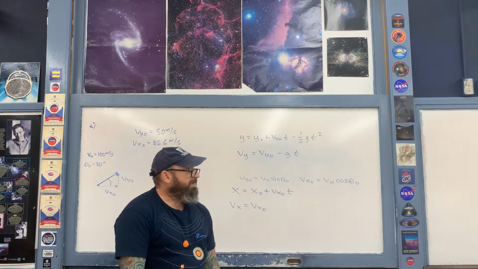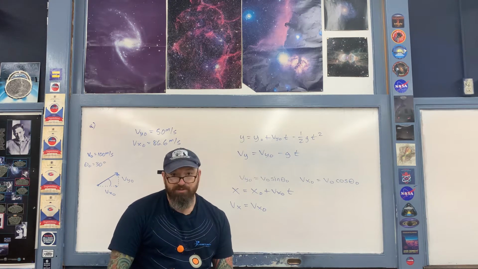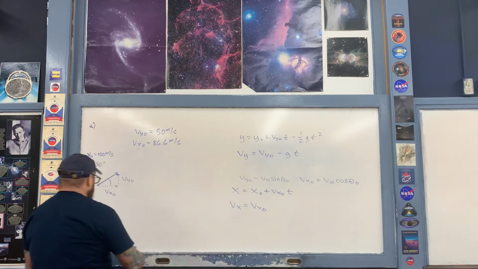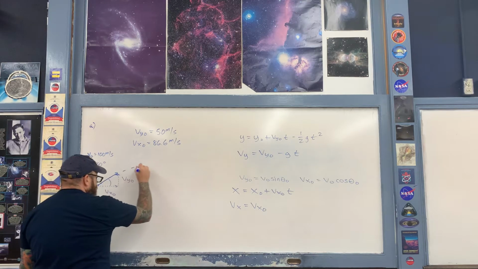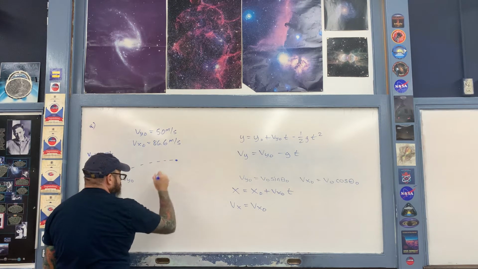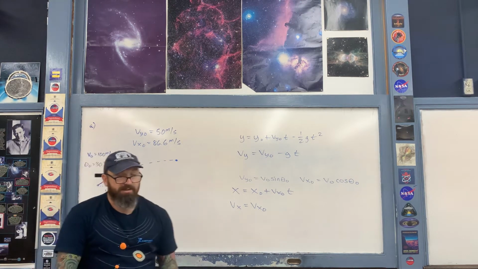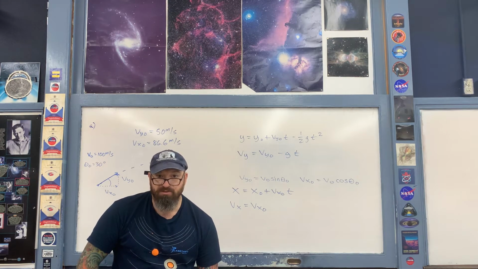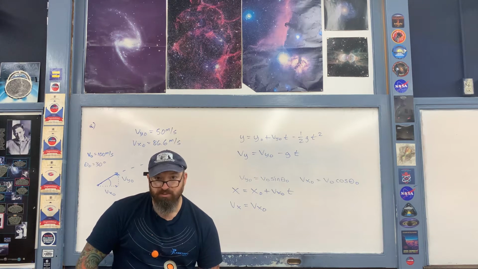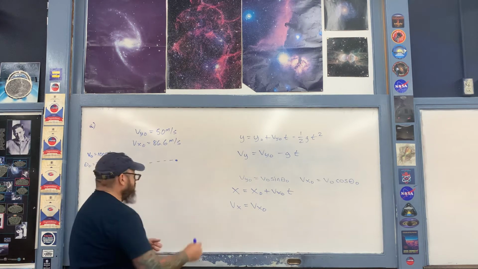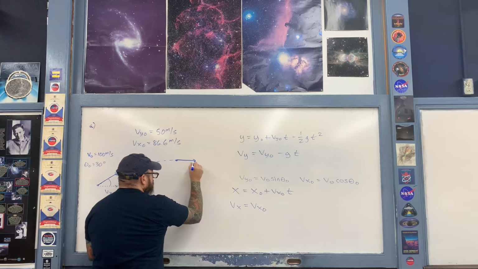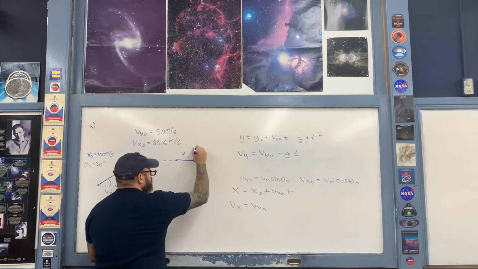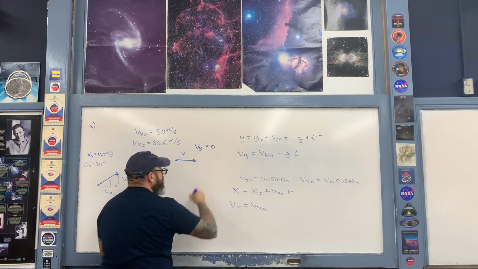Okay, in part B, it says how much time is necessary for the object to reach its maximum height. So the projectile begins to move through its path like so, and then right here at this instant, the object is at its maximum height. Now, at that instant, the velocity vector of the projectile is going to be entirely horizontal. The vertical component of that velocity vector is 0 when the object reaches its maximum height at this instant in time. So right here is that velocity vector. We're just going to label it as v,